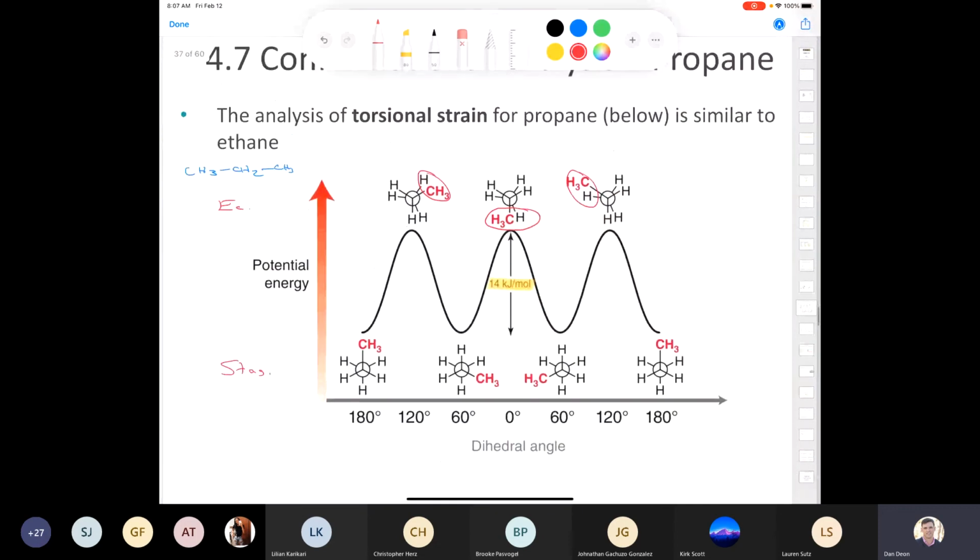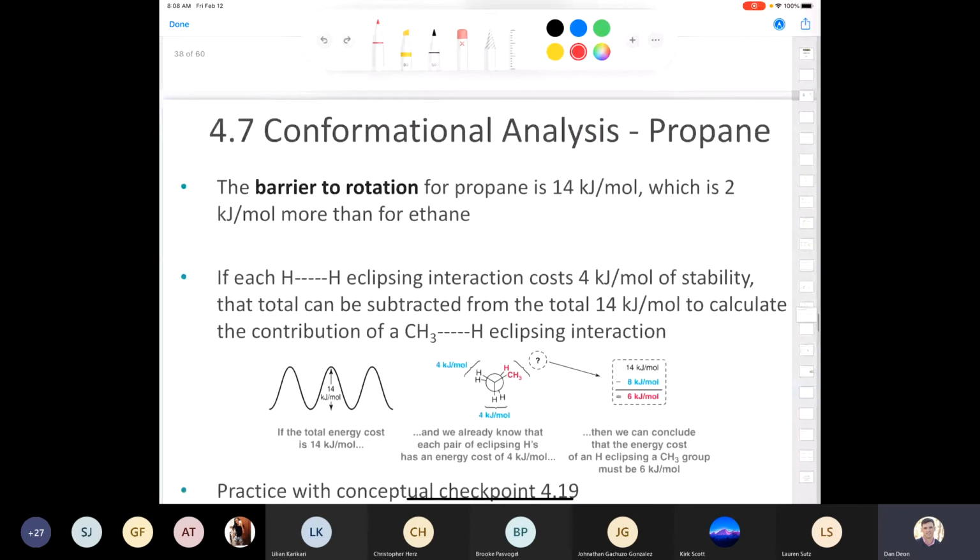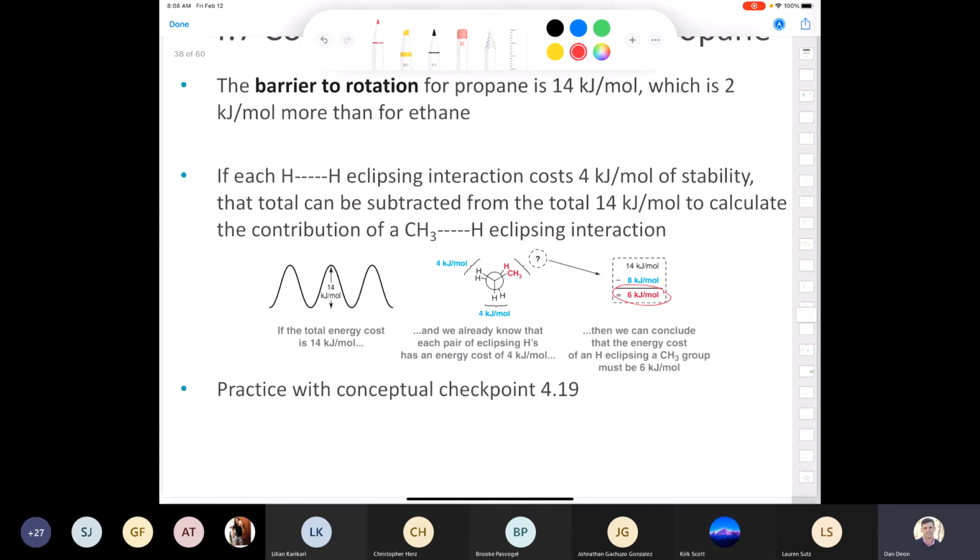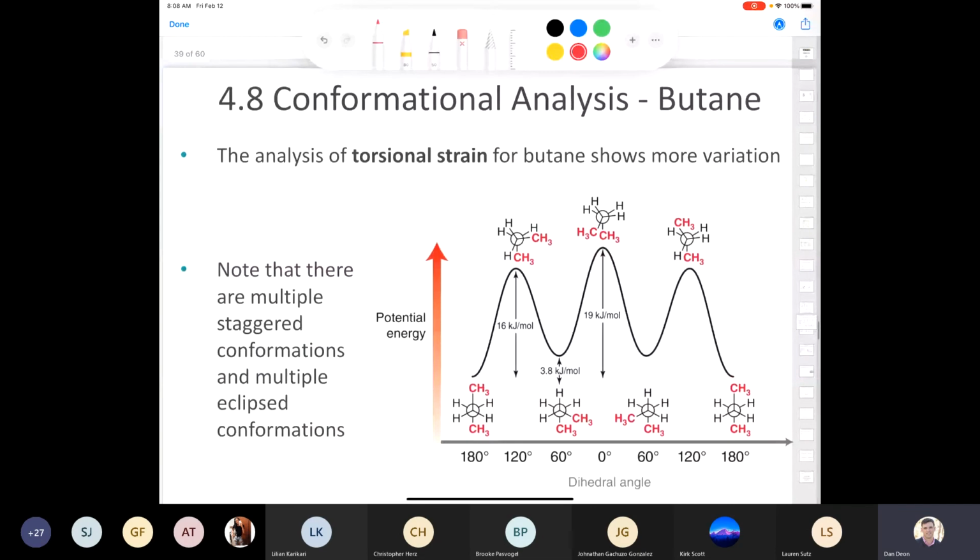Let's go back to our propane. If you look at any of the eclipsed conformations of propane, you see that you have 2 hydrogen-hydrogen interactions. Both of them cost 4 kilojoules per mole, but the total is 14. So 4 plus 4 is 8. 14 subtract 8, and what do you get? You end up with 6 kilojoules per mole for the hydrogen and methyl interaction. So it's a higher energy than just the simple HH eclipsing interaction. I'm not really going to ask you to quantify these things on a quiz or anything like that, but you should understand the rationale. Now, if you look at the conformational analysis of butane, it's even more interesting than that